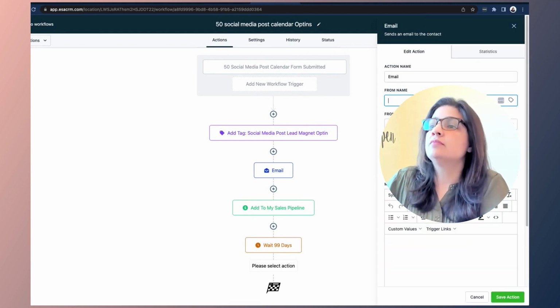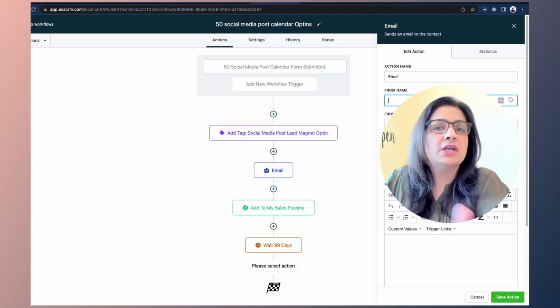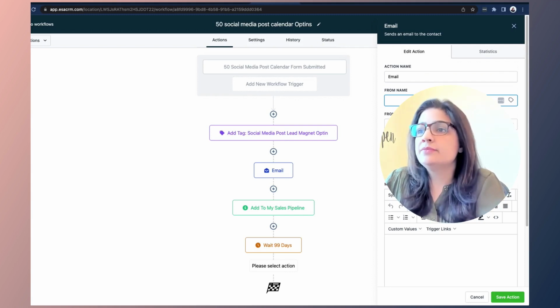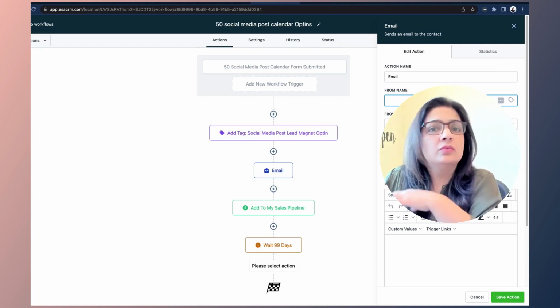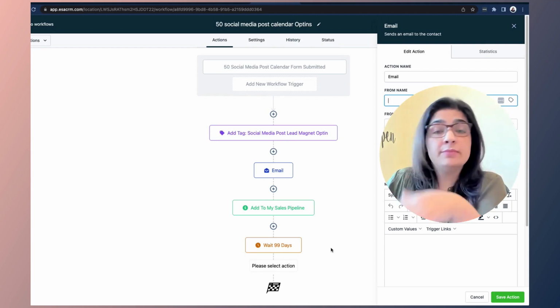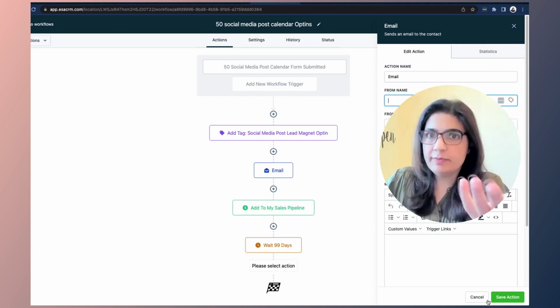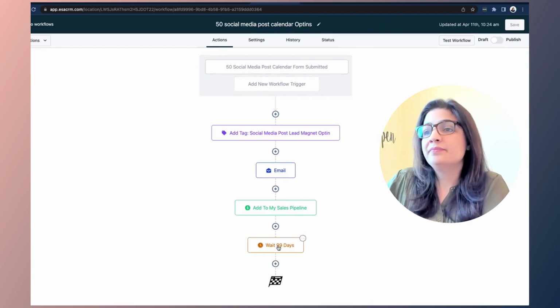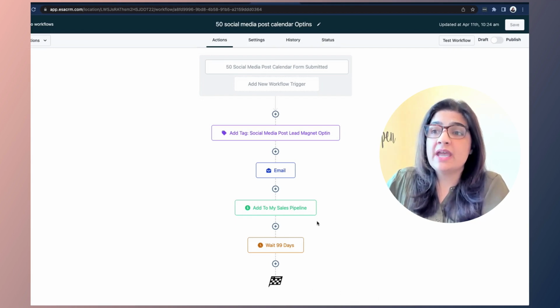I'll add, send another email. Hey, I sent you this. Why don't you go ahead and schedule a call with me and we'll do this, right? Hey, just thinking about you. Just nurture emails, whatever nurture emails are. You can add them here, more than a few, just because one is not enough. And then you will add them here, and then you will remove this. So whoever is going to be at this step, you're going to move them to the next step. And that way they